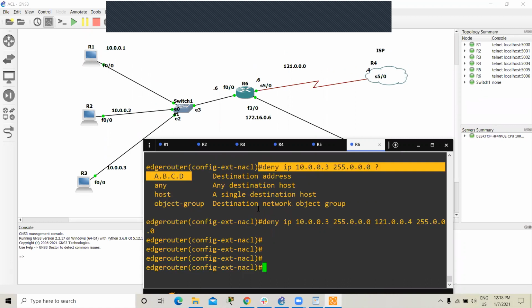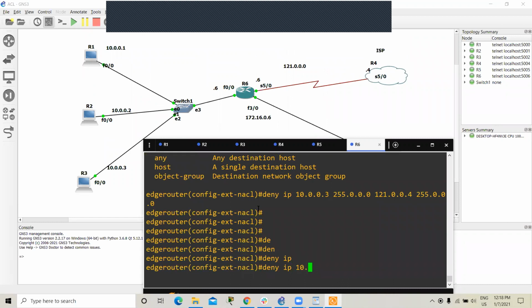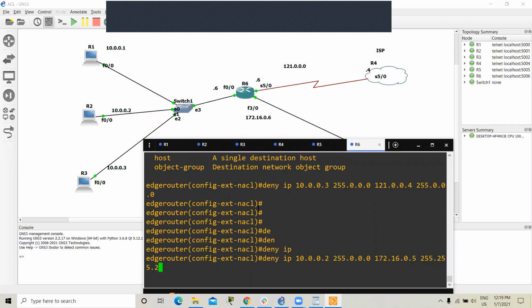Now we have to create one more deny statement: deny ip 10.0.0.2, subnet 255.255.255.255, destination 172.16.0.5, subnet 255.255.0.0.